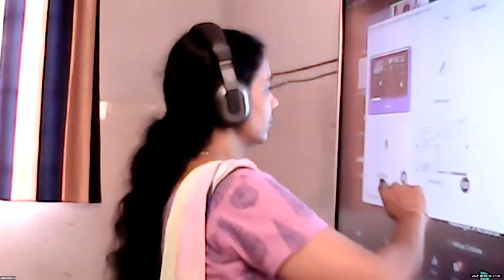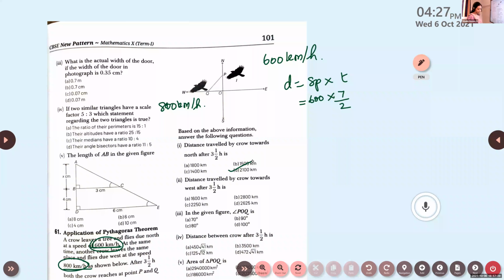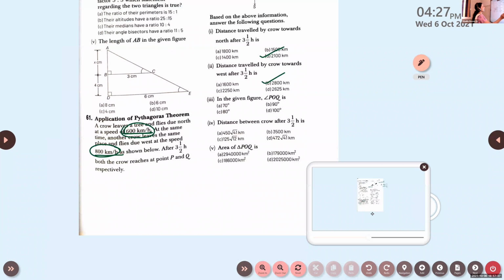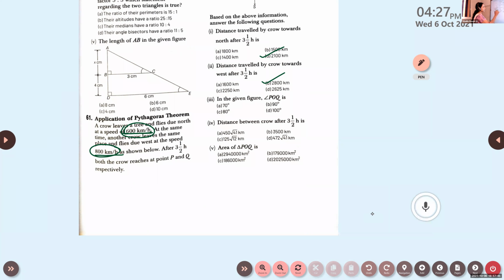2,800 kilometers. Answer is B. Now, what about the next part? Look at the third one. In the given figure, what will be angle POQ? It is 90 degrees. Yes. Then the distance between the crows after 3.5 hours is...